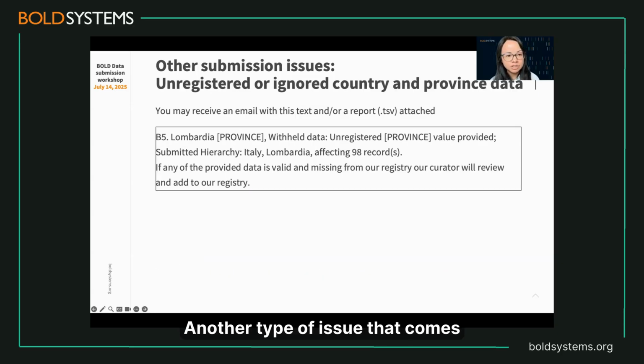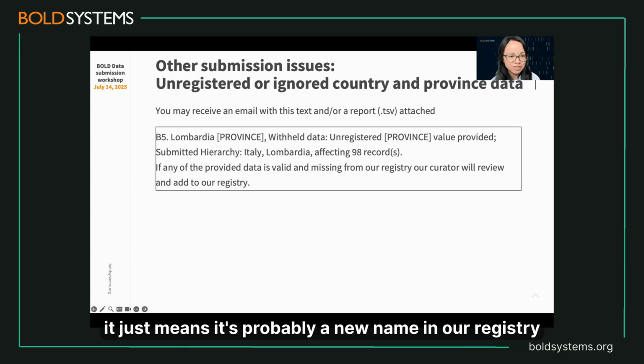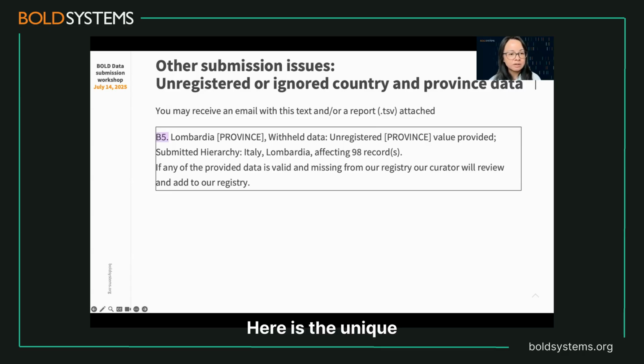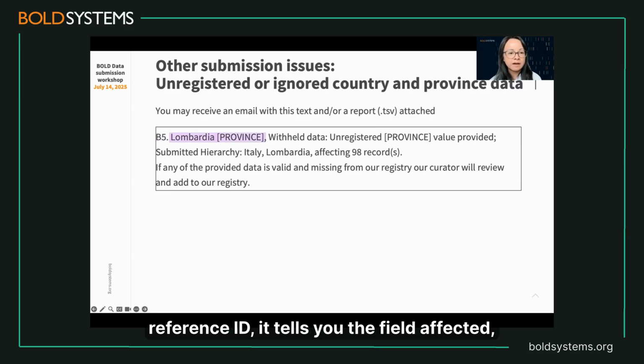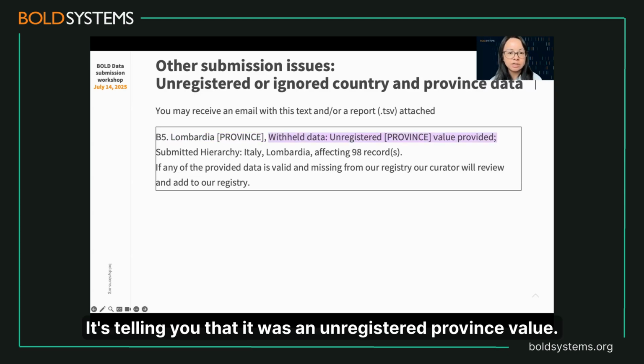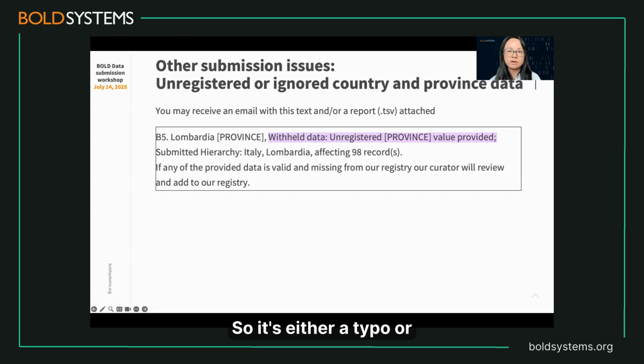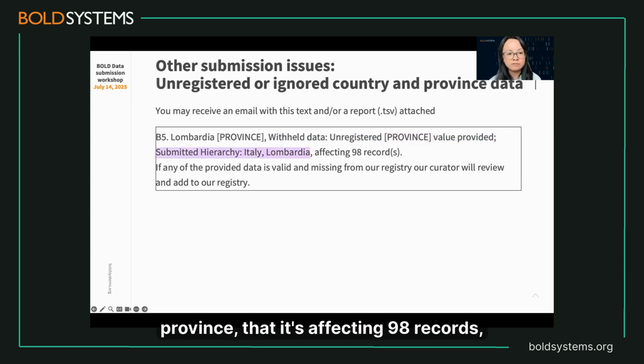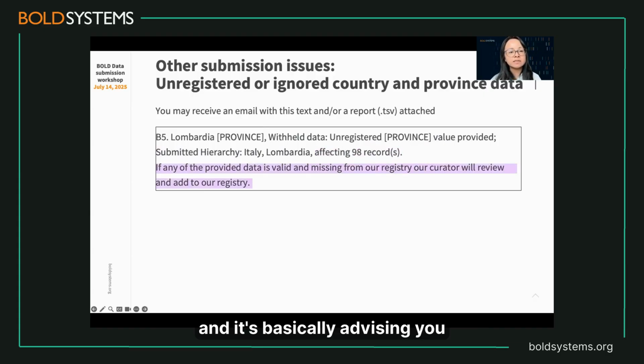Another type of issue that comes up often is unregistered country or province data. And similar to taxonomy issues, it just means it's probably a new name in our registry, and we're just bringing your attention to that. Here is the unique reference ID. It tells you the field affected, it was province. It's telling you that it was an unregistered province value, so it's either a typo or it's a new name in our registries. It's giving you the hierarchy of that province, that it's affecting 98 records, and it's basically advising